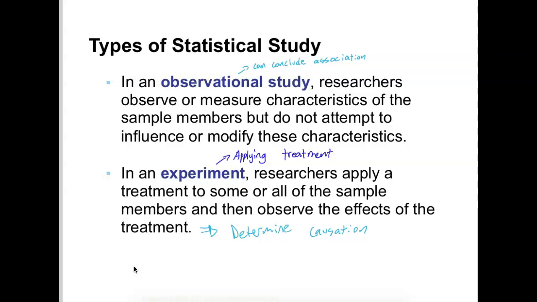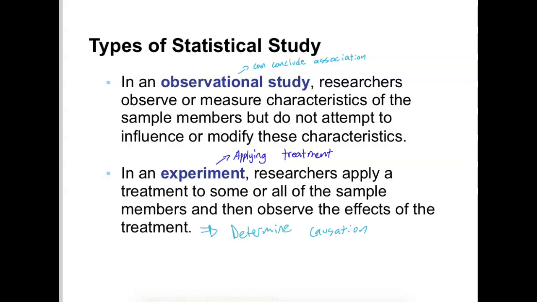So an observational study, you can only really conclude an association. An experiment, we can control, we can have comparison groups, and then we can determine a causal relationship. But to be able to conduct experiments that you would want to have published, like oftentimes the reason we'll do an experiment is to publish it in a scientific journal, before you conduct the experiment, you have to basically submit your plans to a board of ethics, and it has to be approved, right? So there is a way, through observational study, to conclude causation. It's just much more difficult.